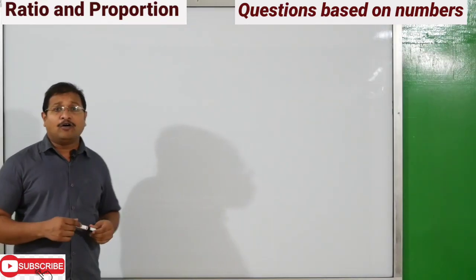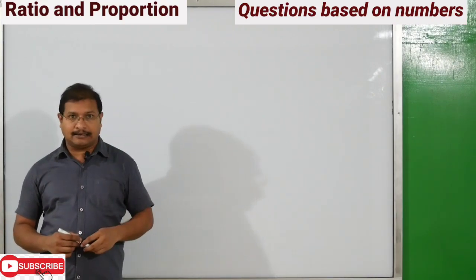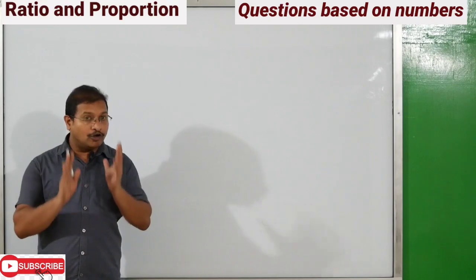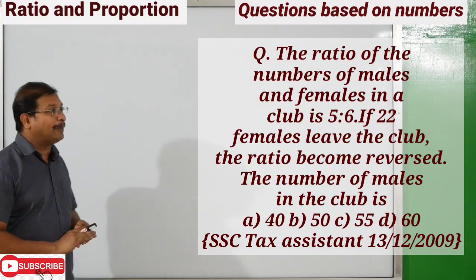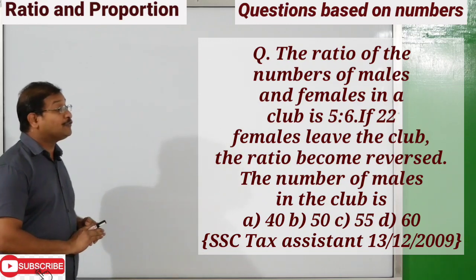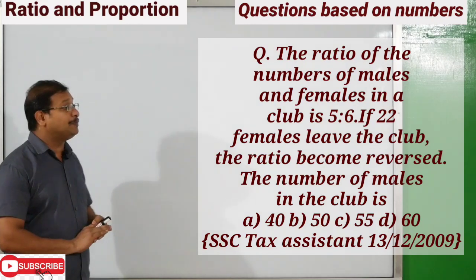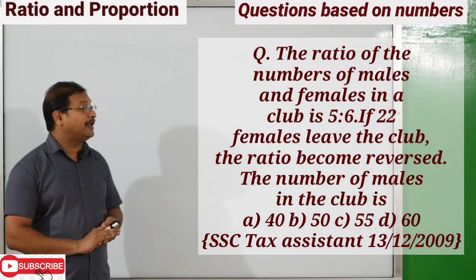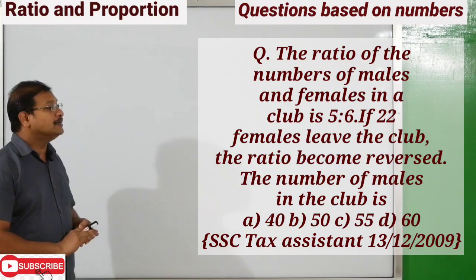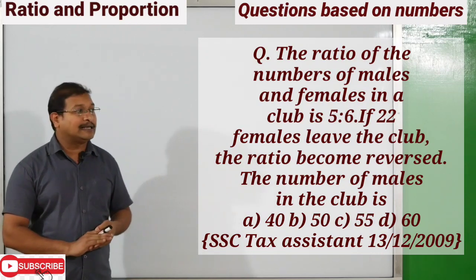Ready? Now we will be doing some questions which already came in SSC. Ready? So please make sure that you are practicing nicely. I'll read the question once. The ratio of the numbers of males and females in a club is 5 is to 6. If 22 females leave the club, the ratio becomes reverse. The number of males in the club is option A 40, B 50, C 55, D 60. Of course it came in SSC Tax Assistant